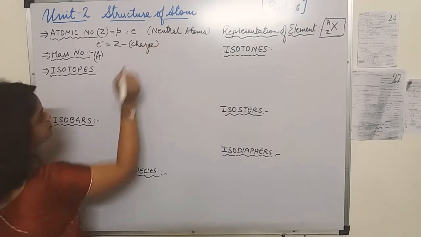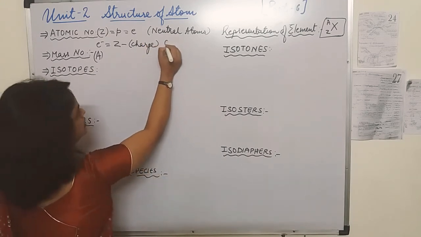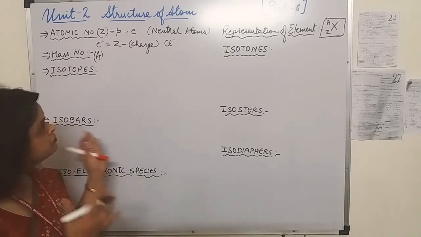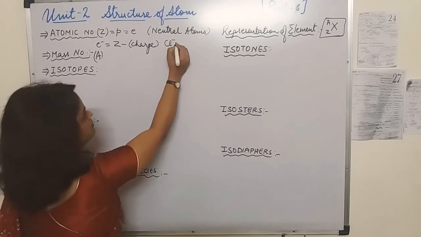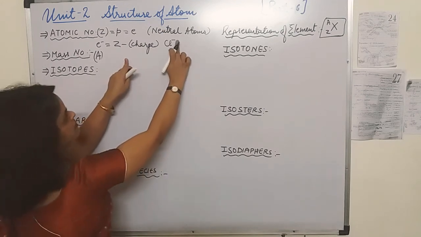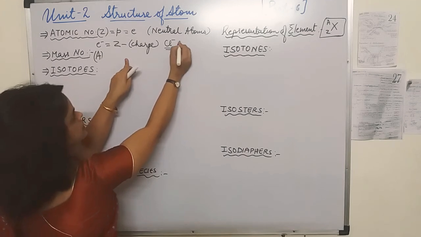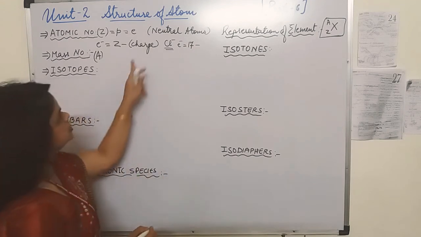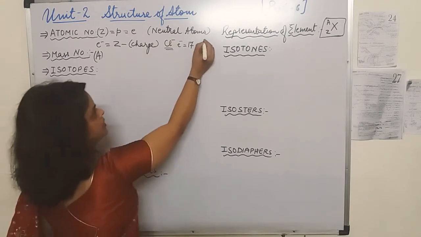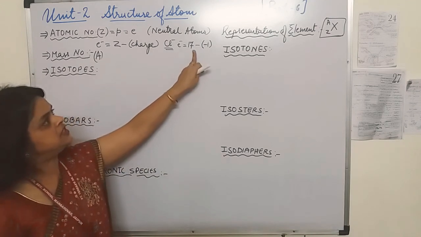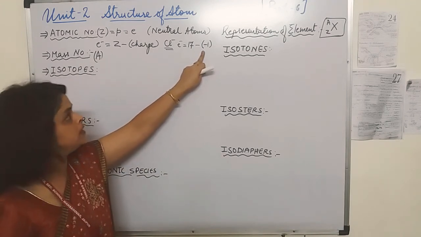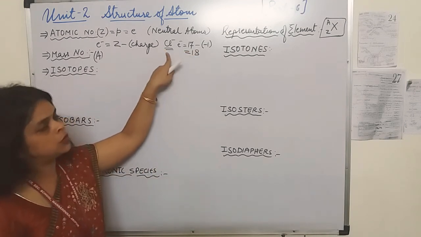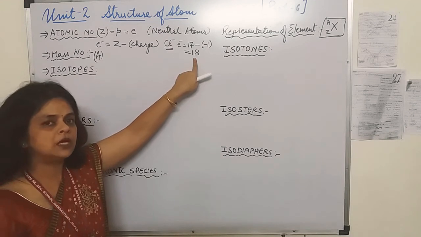Okay, in case of charged species, for example Cl minus, that is chloride ion के अंदर, if I have to find out the number of electrons, we will apply this formula. The number of electrons is equals to Z. Z कितना है Cl का? 17 minus charge कितना present है? -1. So I'll write in the bracket -1. Now 17 minus minus, it becomes +1. So the number of electrons will become equals to 18. So we can say in chloride ions the 18 electrons are present.